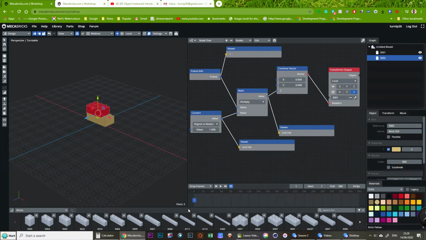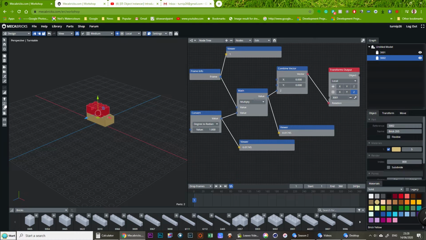That's because all of this code here, all these nodes, relate to just that object there, 3001. But what you can do is group bricks together, or any of these items together,